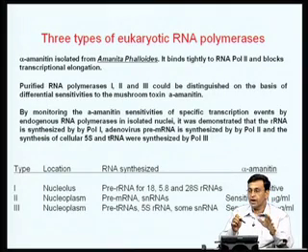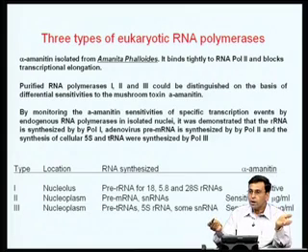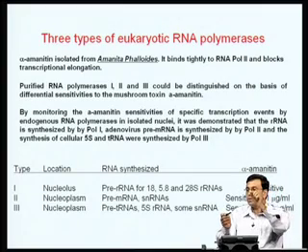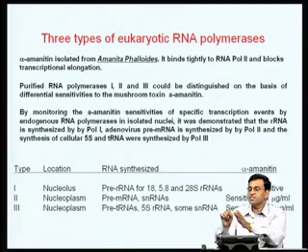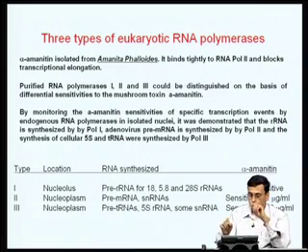Whereas in the same nuclei, if you add a very small quantity of alpha amanitin, no mRNA could be synthesized. Since from the in vitro experiments we already know RNA polymerase 2 is highly sensitive to alpha amanitin, it was concluded that RNA polymerase 2 is responsible for mRNA synthesis, and so on and so forth.